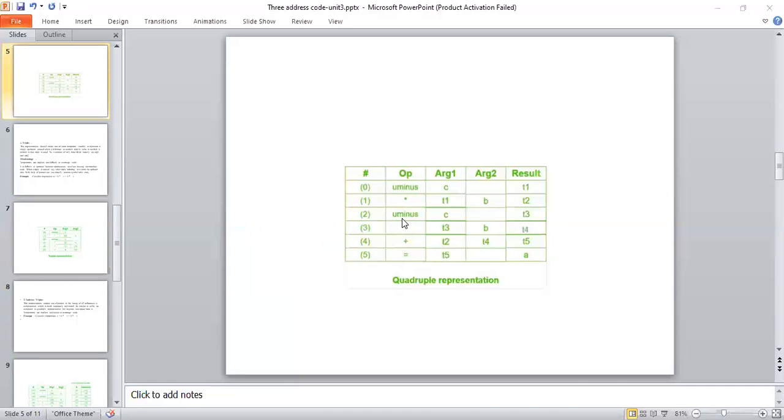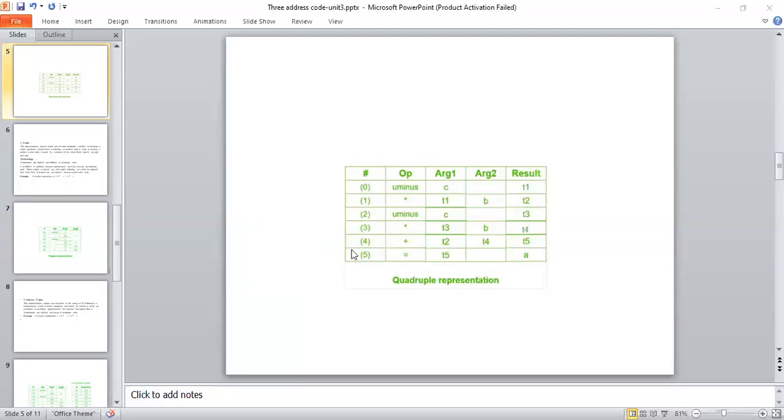For quadruples, it requires four fields called operator field, argument 1, argument 2, and result. Here I have one more column called instruction, the representation of the given statement.